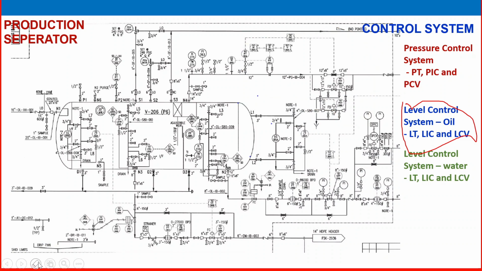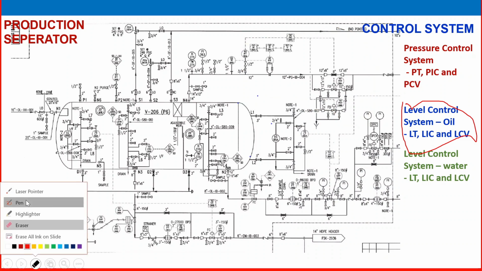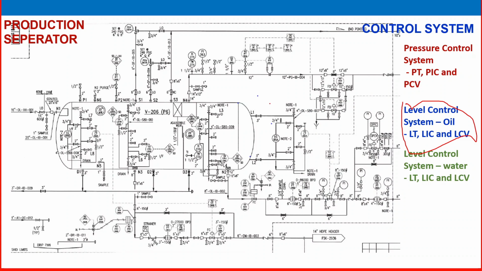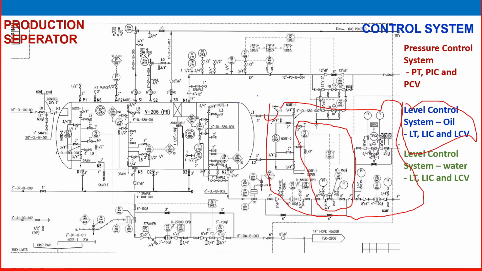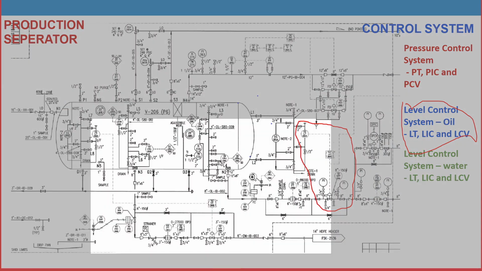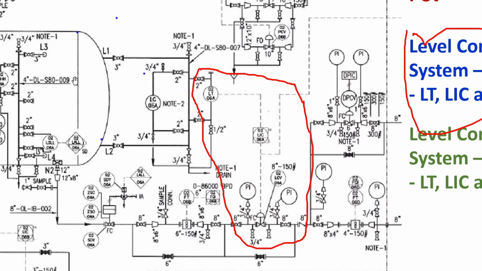Okay, now I will mark it with a pen in this area. Better I mark it in the closed loop. Okay, then I will zoom in. See, in the separator outlet, I explained that one level glass or